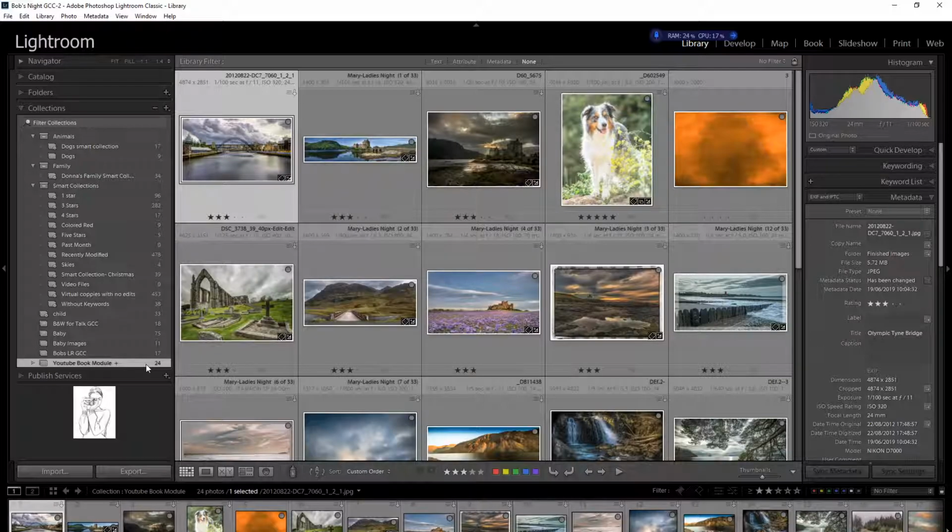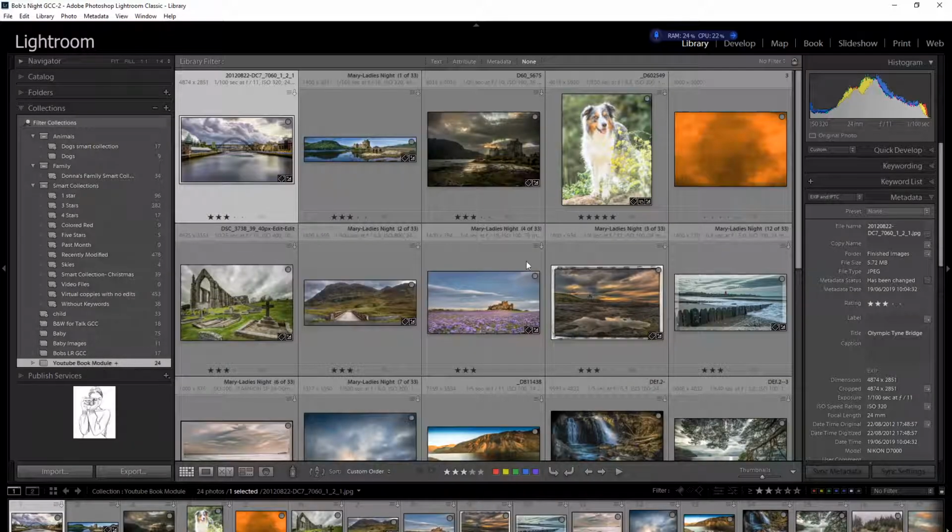What you need to remember when you're collating images for a book is that if you're doing it to Blurb directly from Lightroom, there is a minimum book page of 20 and a maximum of 240 pages. So if you're planning on doing a book where you have one full image on every page, the minimum number of pages for your book is 20. So these are the images here that I'm going to take forward into